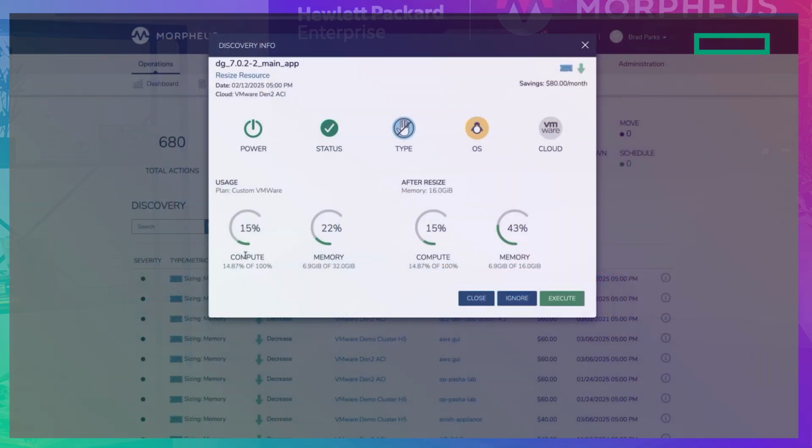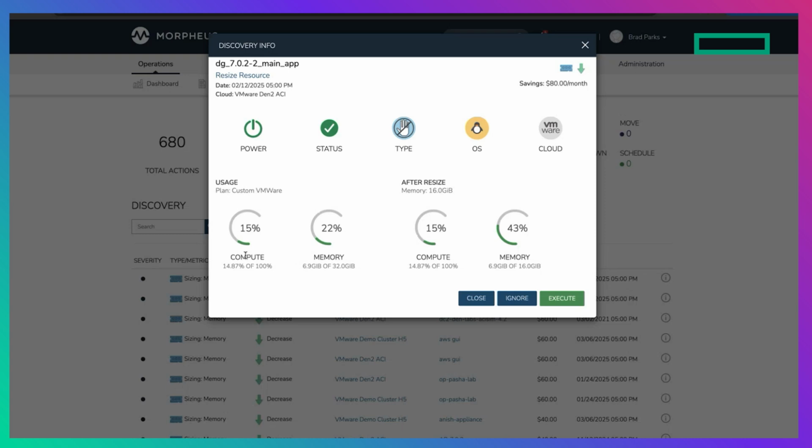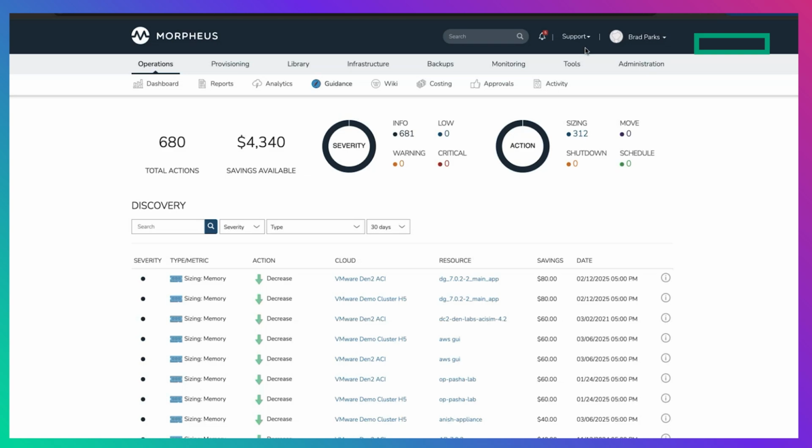So you can think about that across a large enterprise that might have 1,000 or 10,000 virtual machines running. The savings can add up very quickly. Oftentimes we find most enterprises are wasting 30% or more of their public cloud spend simply by not putting guardrails in place or managing their costs effectively. So analytics and guidance, a very important part of the platform, well worth digging into in more detail in demos.